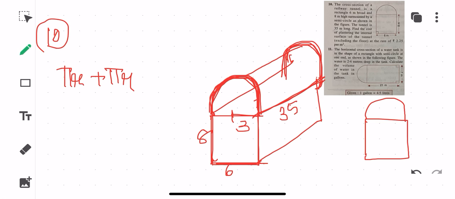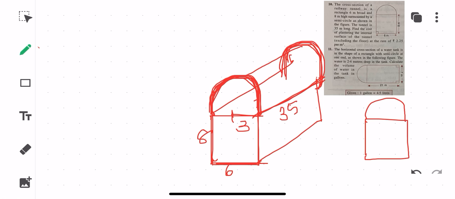So here I am getting what? Internal surface will be given by, suppose I'm taking like this, L into, alright students, I'll be just looking into this particular question and then I'll be letting you know, because there is something, whether we have to take this particular area or this particular area, we'll have to look into. So I'll be just telling you in the next video.